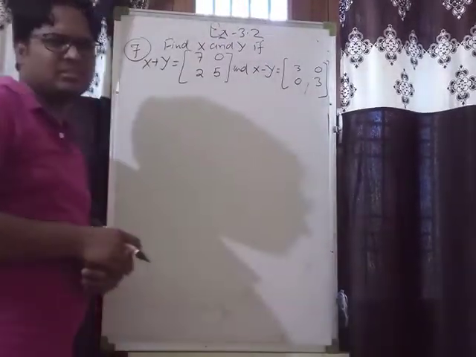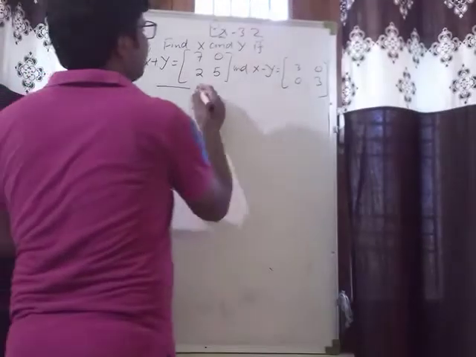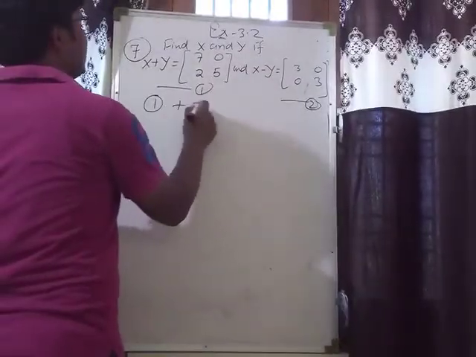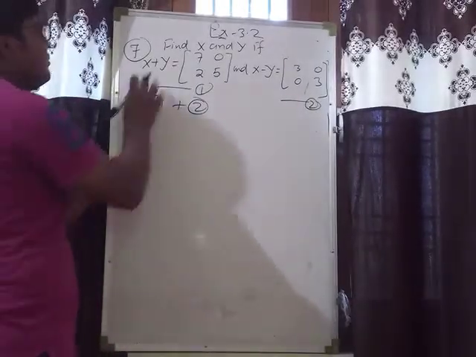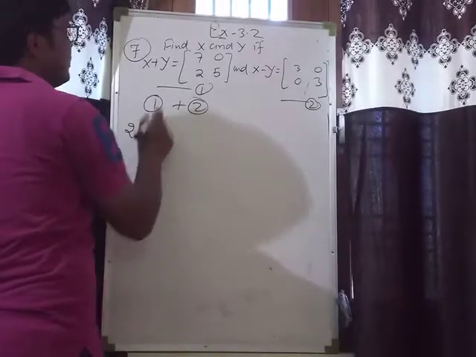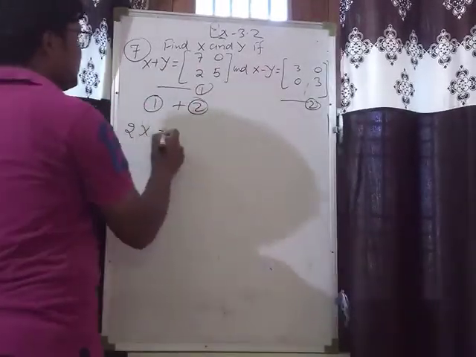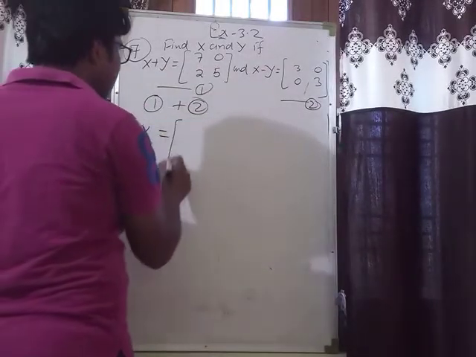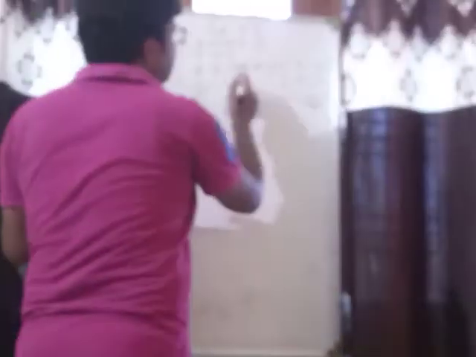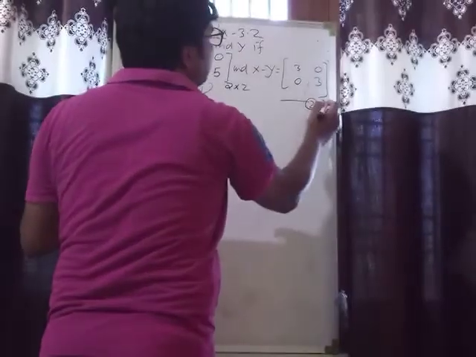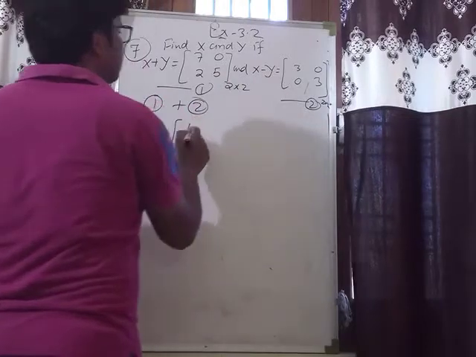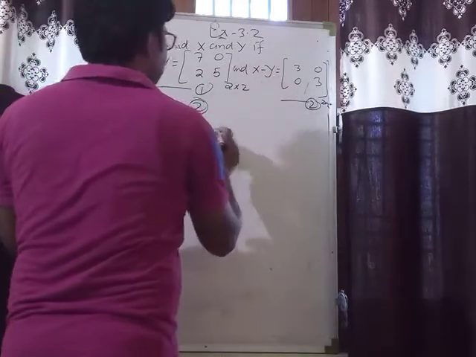That's very easy question. Suppose this is equation first and that is equation second. So adding first and second. What we have? Left side में left side add करो. X plus x, 2x, y minus y cancel. That is 2x is equal to. Add right to right. These are matrices of order 2 by 2. They can add to each other. So 7 plus 3, that is 10. 0 plus 0, that is 0.